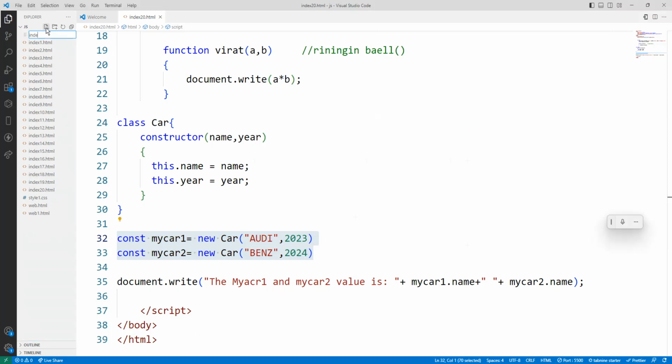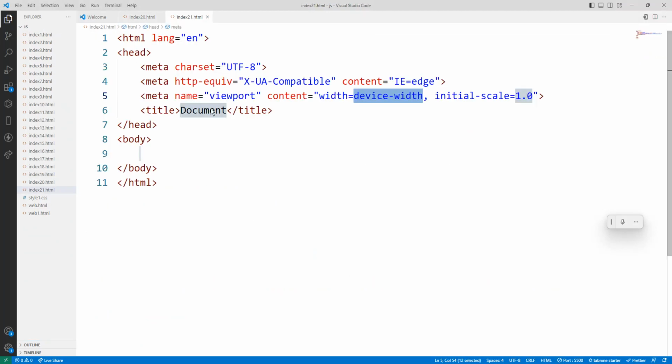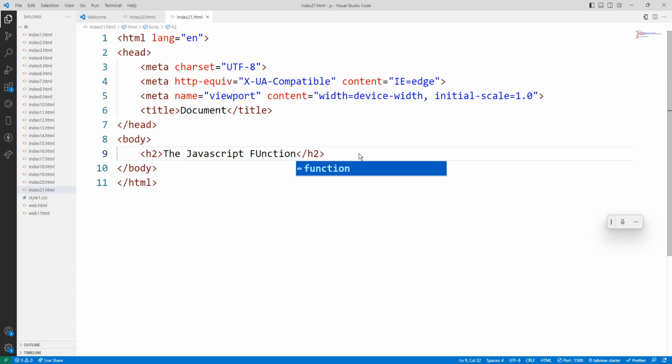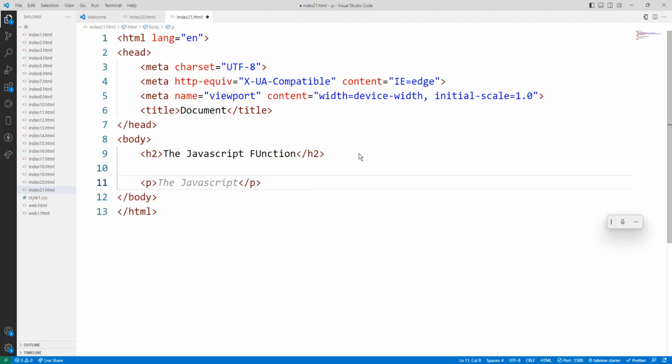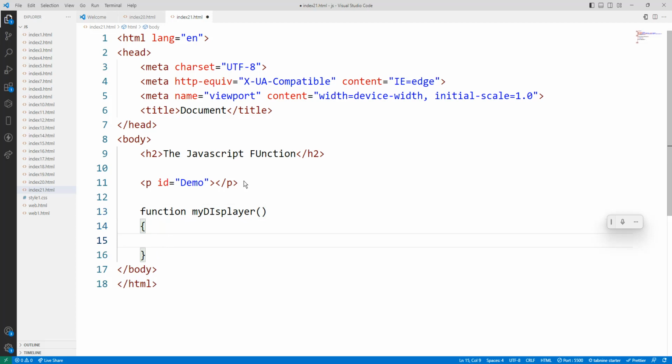So index 21.html and the doc, save it. h2, JavaScript function, and demo. Okay, so then I want to call a function here. I will take a function myDisplayer, open close brace, and